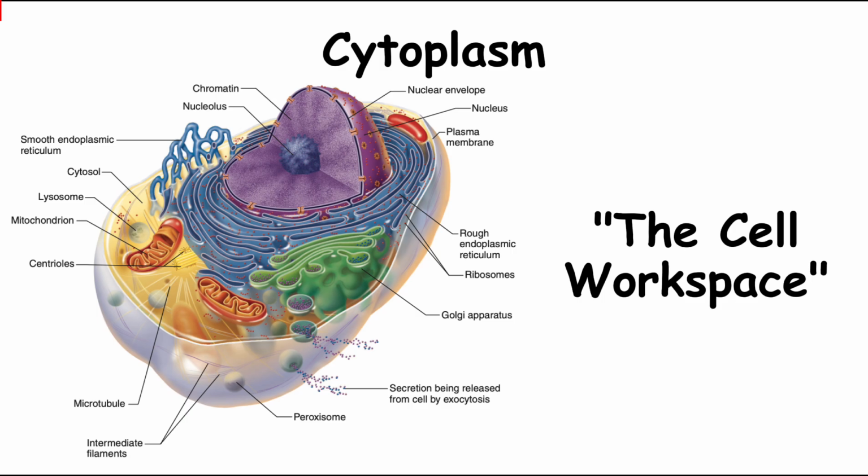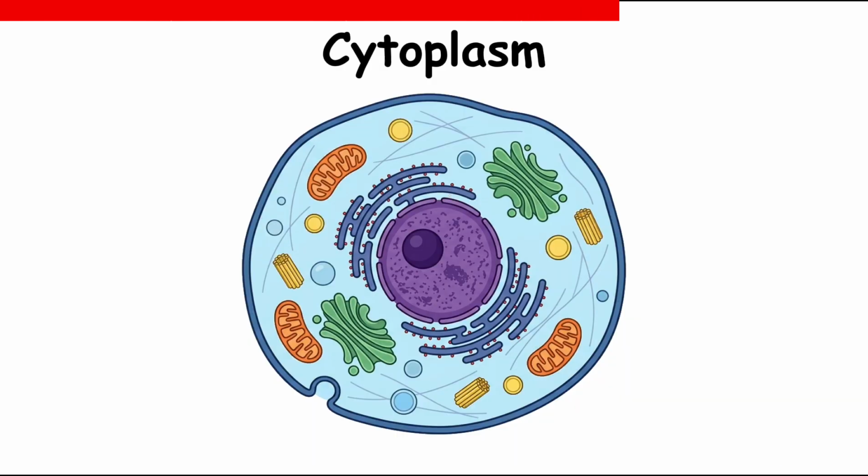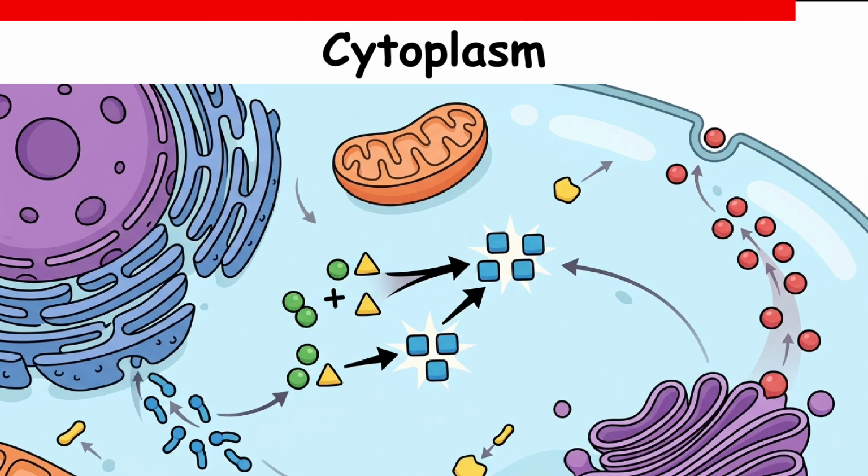Cytoplasm. The cytoplasm is the entire region between the cell membrane and the nucleus, and it includes the cytosol together with the structures suspended within it. The cytosol is mostly water, containing ions, proteins, sugars, and other dissolved molecules. It provides the environment where many important chemical reactions occur and allows substances to move between different parts of the